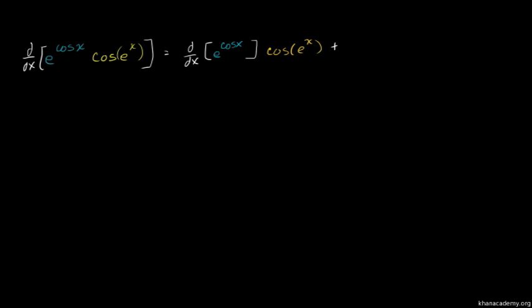plus e to the cosine of x times derivative with respect to x ka cosine e to the x, yeah. Bese siqede lapho ke yabona ukuthi sisebenzisa i-chain rule ne-product rule. La nansi i-product rule yethu siyisebenzise la